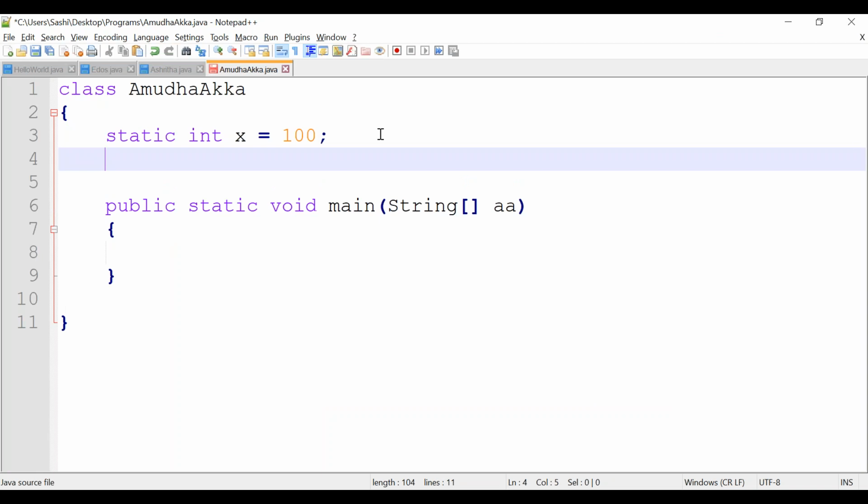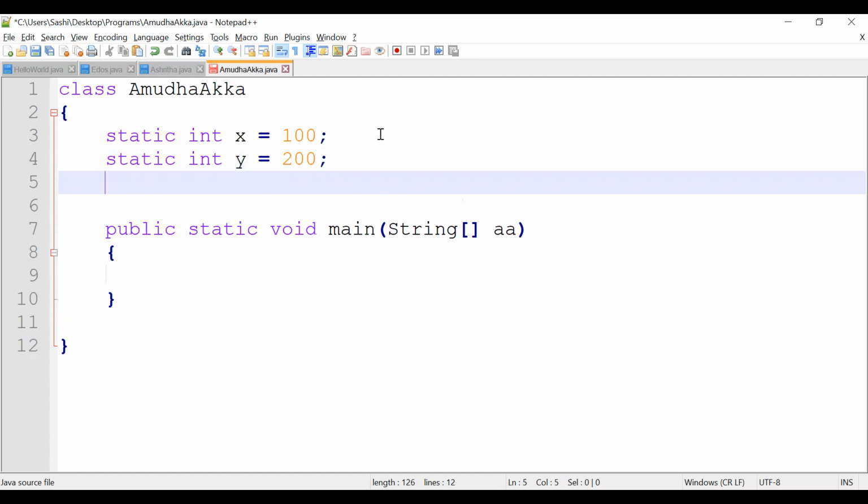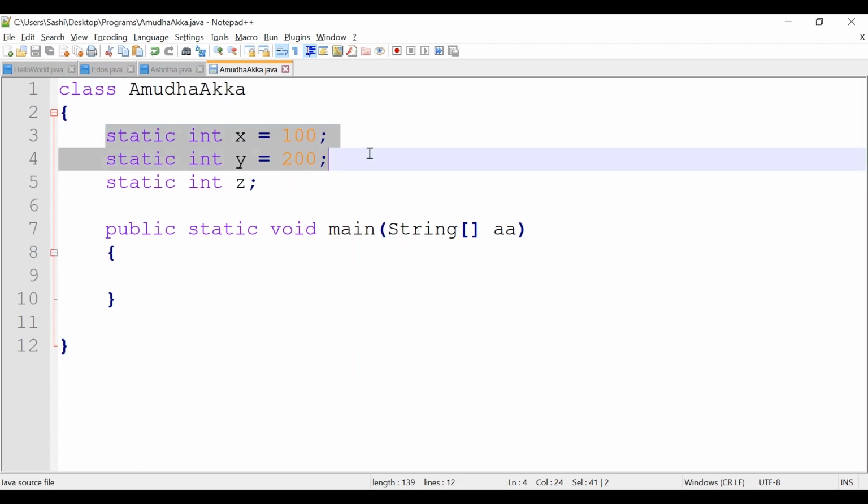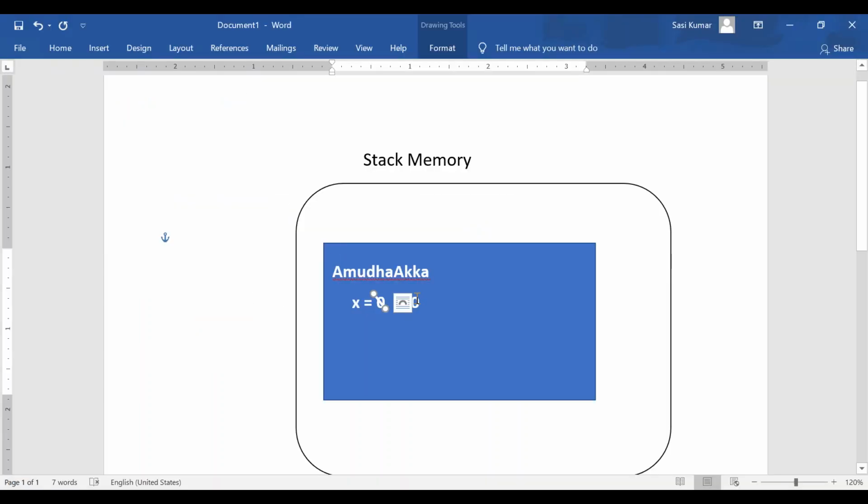Let's go with some more modification in this class. What will happen here? First, the class will be loaded. Second point, all the static variables will be loaded.